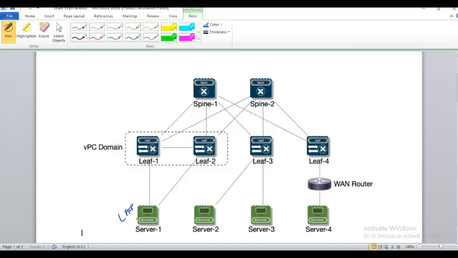LACP is running on the server, and now there are two connections from the server, and these two switches form the VPC domain. So this we need to configure. Secondly,